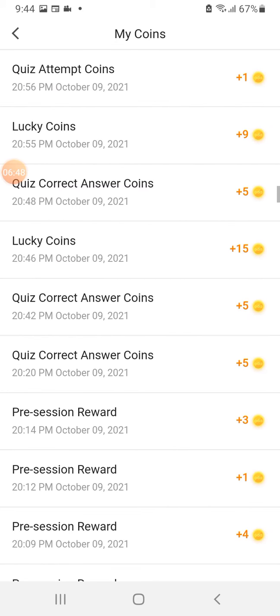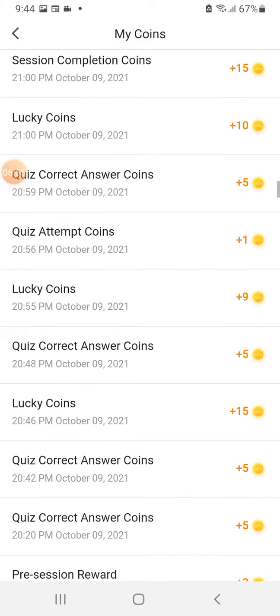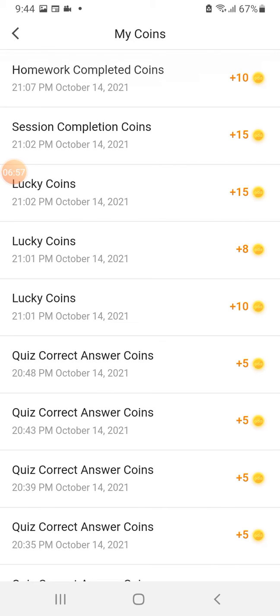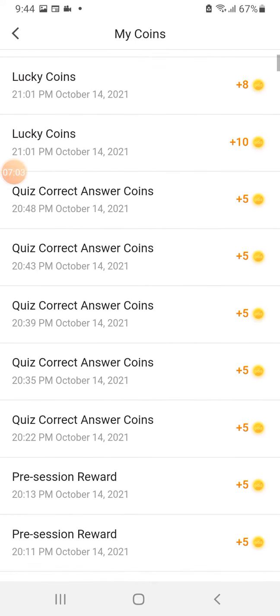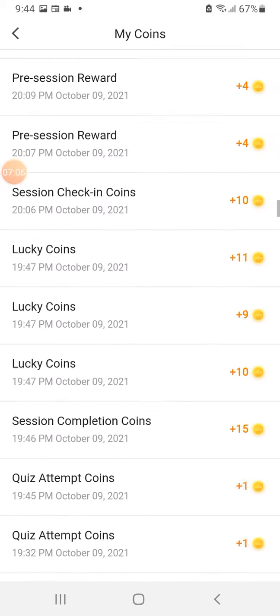Then quiz correct answer points, key points, homework completed points, session completed points, lucky coins. There are so many coins that I have earned.